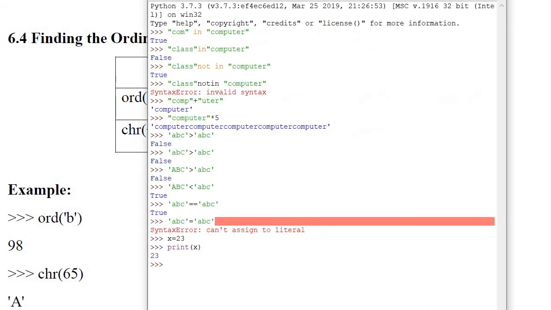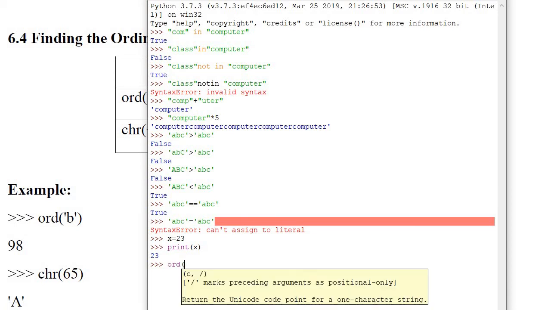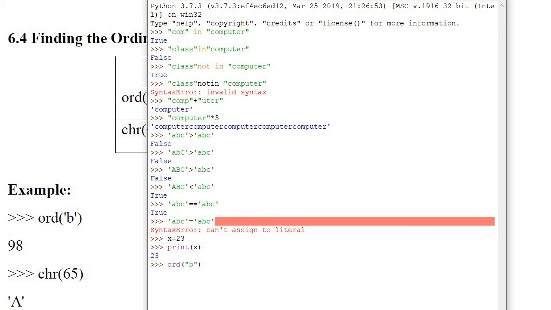Now let's see the example. If I write ord and in it I write b, it will give you the value 98.